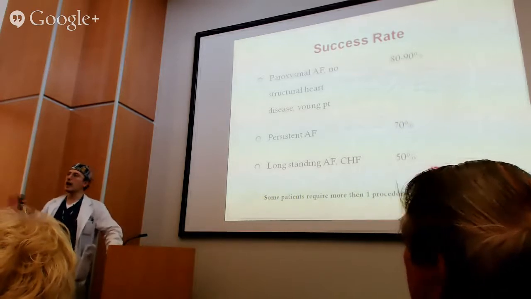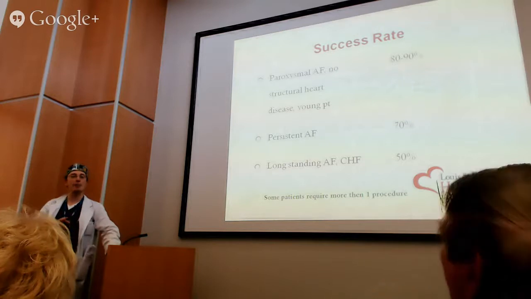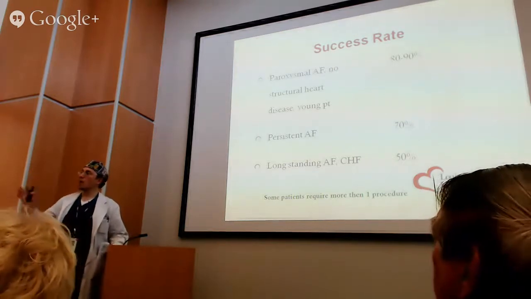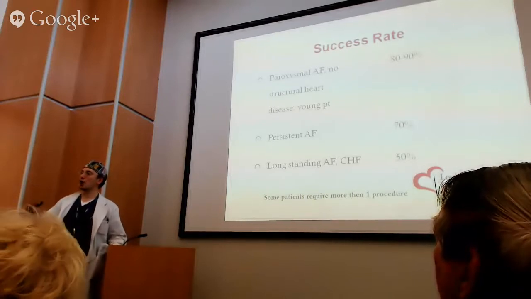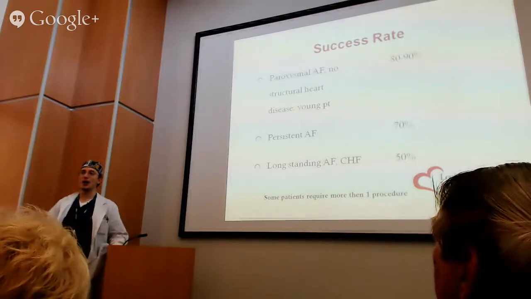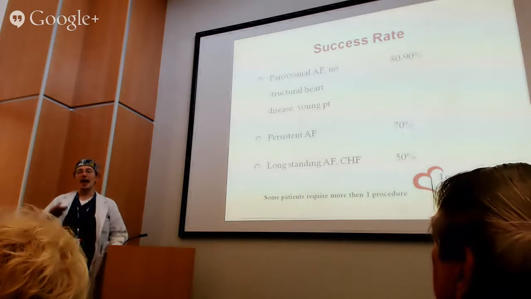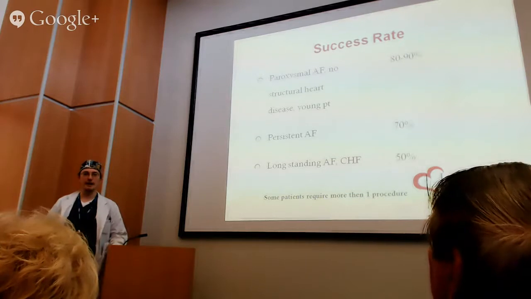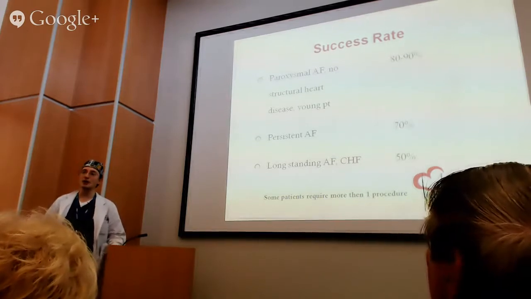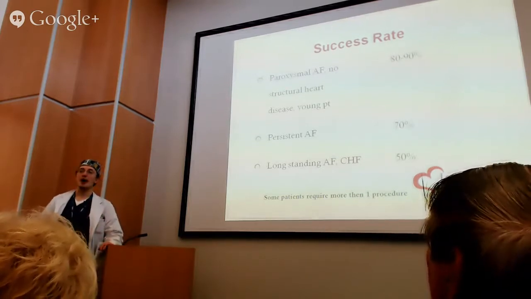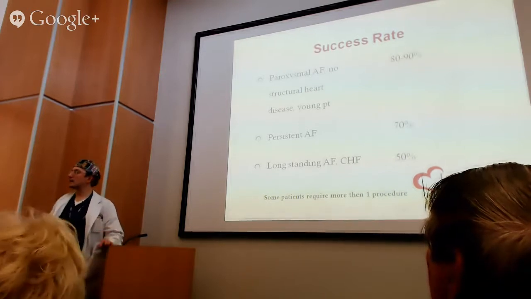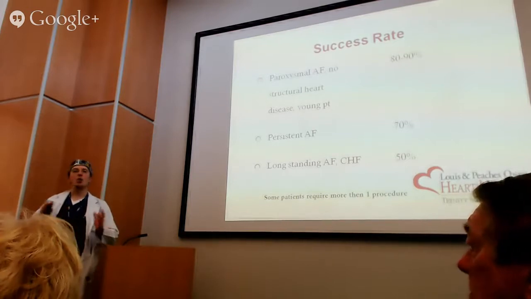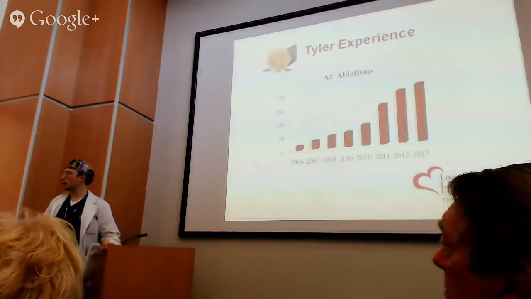But depending on the type of atrial fibrillation and the type of patients and the risk of complications, we can frequently determine what's the best strategy. In somebody who has low risk from the procedure and high success rate, we go straight for the ablation. In somebody where the success rate is going to be on the order of 50% and there's potential for complications, we'll say, maybe you should try some medicines first. But again, it's a great thing that we have the option of doing one or the other, depending on the patient situation.